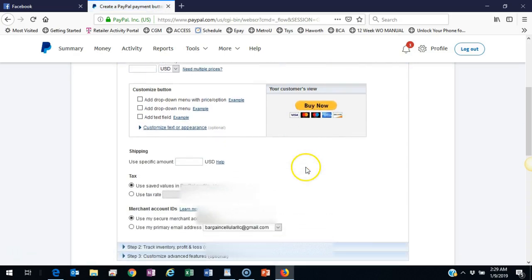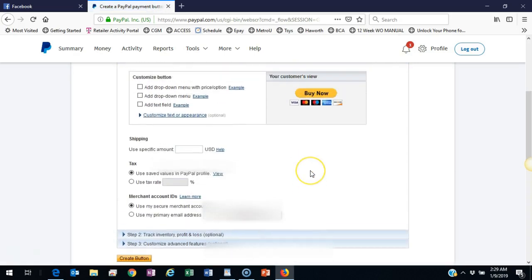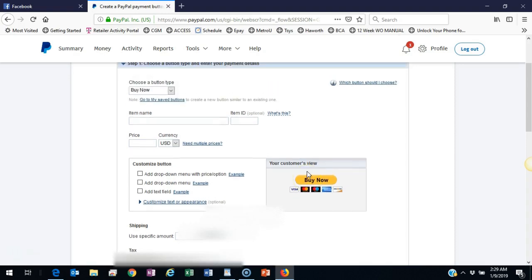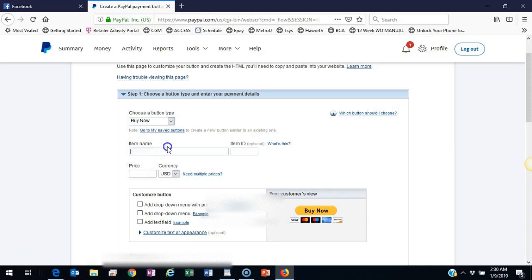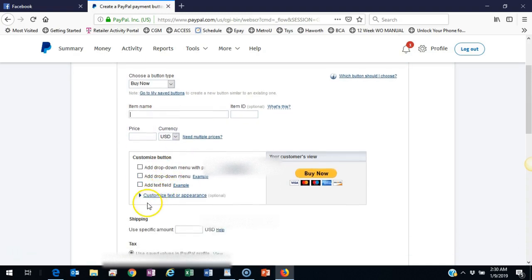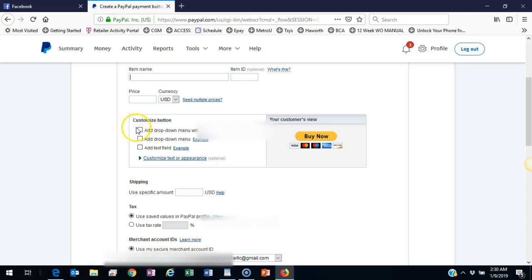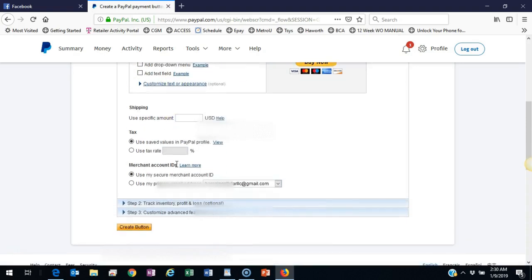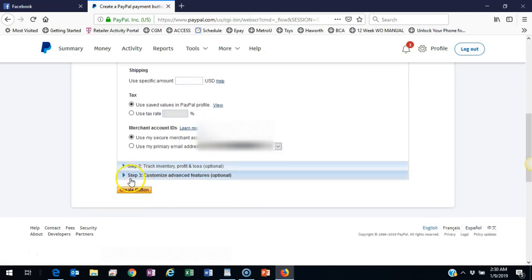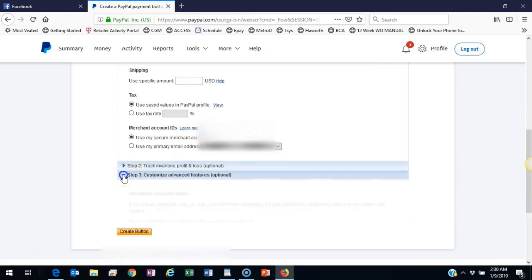Now you have to set up where they put their address. So you put the item here, what they're buying. You put the price. Then go to Customize